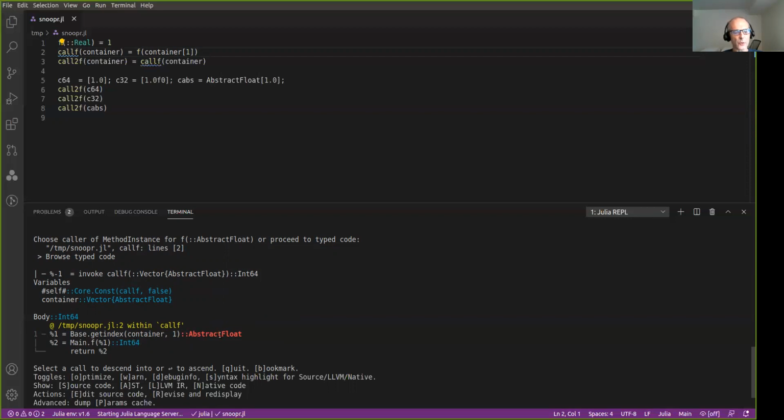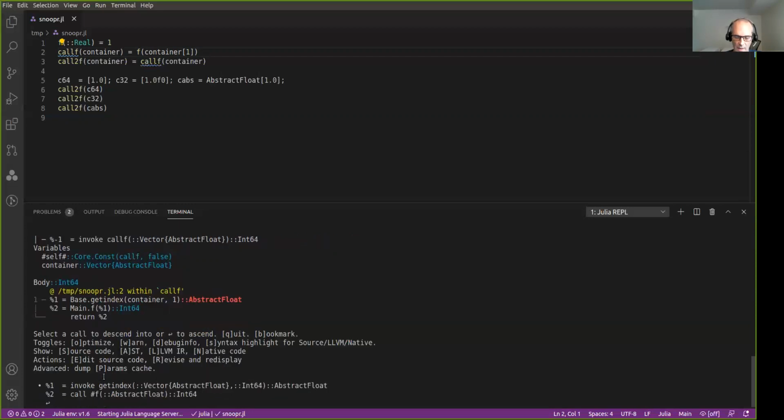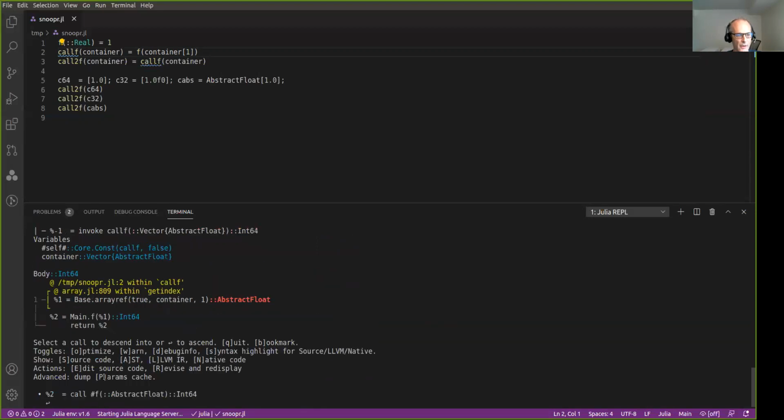This is highlighted in red because it deserves special attention. Again, it's not a concrete type, and so you should note this. Okay, and then here's the return statement. All right, so now one of the things that's worth saying is Cthulhu has a lot of options. In particular, note this optimize and warn one. So you only get the red if the warn is on. Unlike other methods in Cthulhu, Cthulhu actually by default turns off the optimization. If you turn on the optimization, which I'll do just by hitting O on my keyboard,